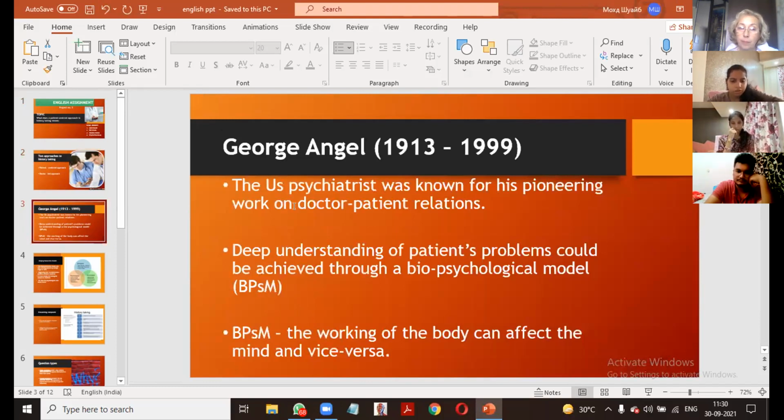Ma'am, if you talk about the doctor-patient relationship, the US psychiatrist George Engel, ma'am, was known for his pioneer work on the doctor-patient relationship. He gave a model, the biopsychosocial model, and in that model he shared his opinion and said that the working of the body can affect the mind. And in that biopsychosocial model, there are three things: the biological, psychological, and sociological factors. Ma'am, they correlate and affect each other. Biological means age, gender, genetics, and psychological means their mental health, emotional health,